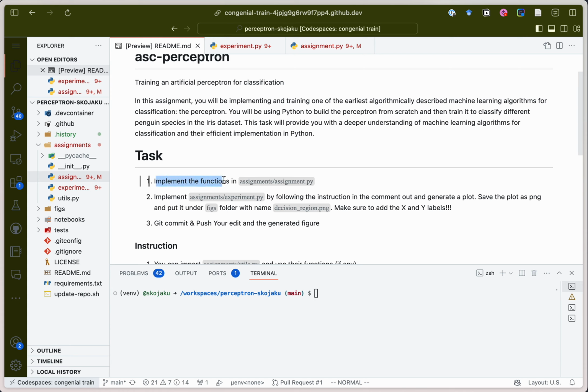For this assignment, we're going to implement this file as well as this file, and then generate the figure, and then git commit and push the edit. Okay, so let's open